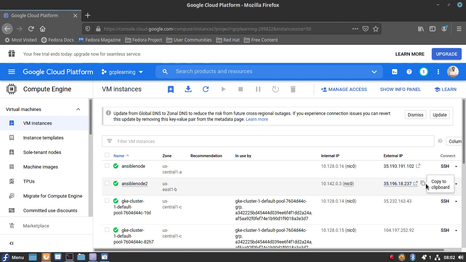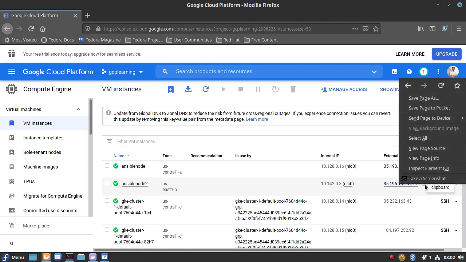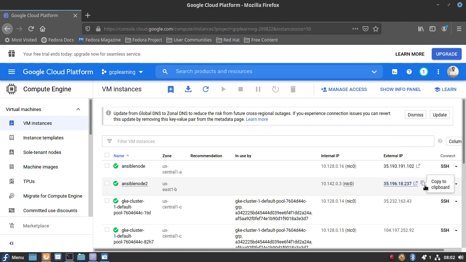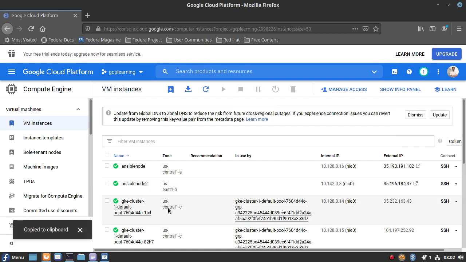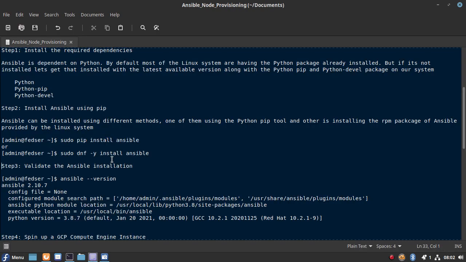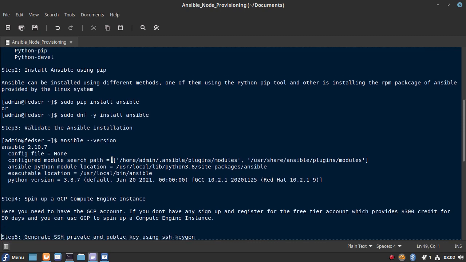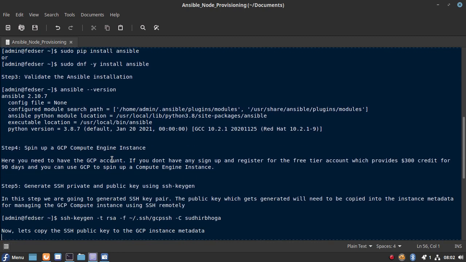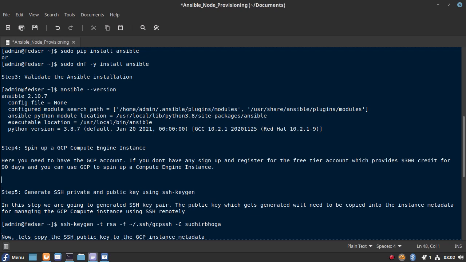Okay, so let me copy this to clipboard. So we have now created the Compute Engine instance, and we have got the external IP which we can use to manage it remotely. Let me note it down here.